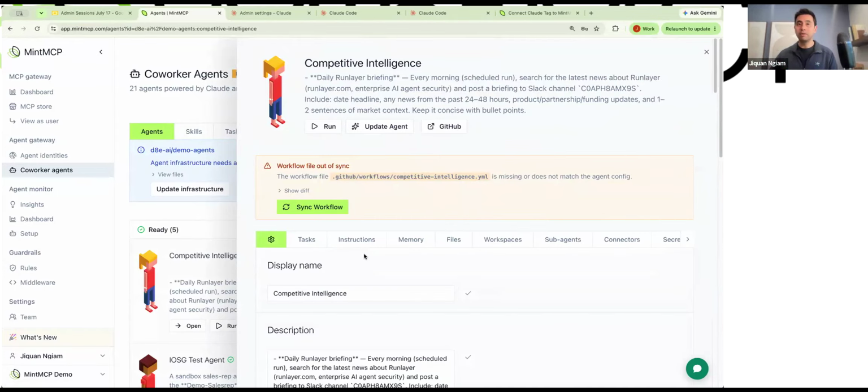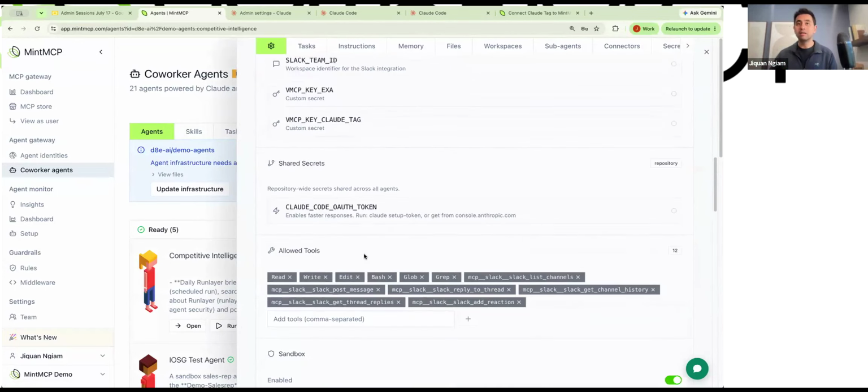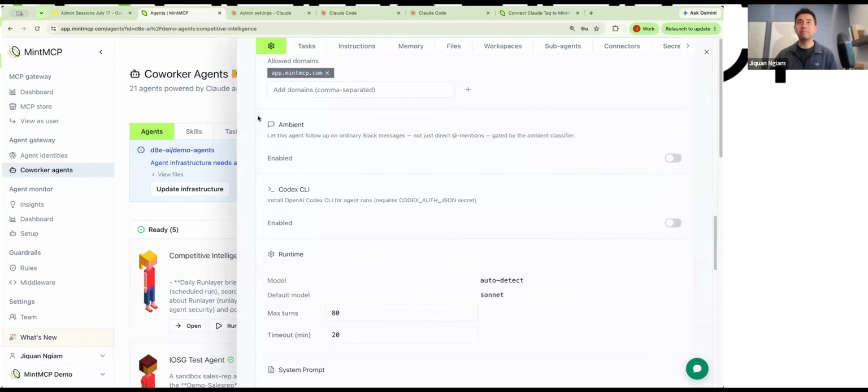Jared has a question on ambient mode. So I'm going to see if ambient mode is a setting in here. I think we've enabled it. There we go, ambient. So ambient mode is a very new feature that we are making possible right now with all the agents as well. This is the ability for the agent to listen on any thread that it has been tagged in without directly at-mentioning it. There's an ambient classifier where you're able to tune the instructions, and then it's able to actually start to classify the instructions as well. So this is something that you can look at in there.